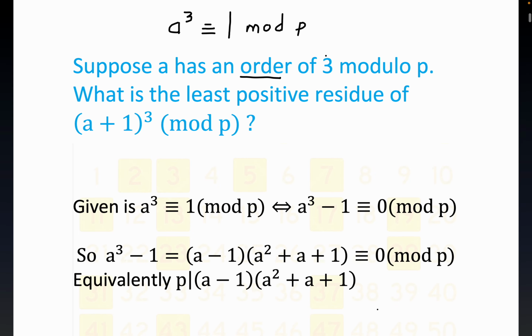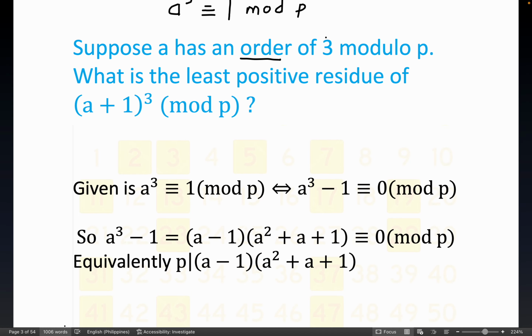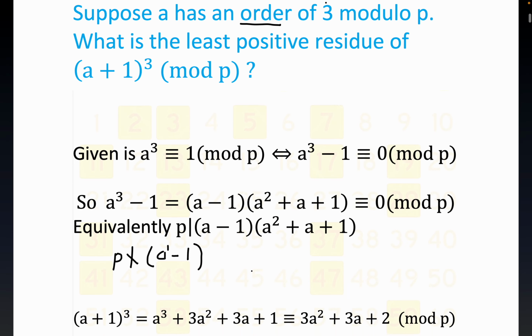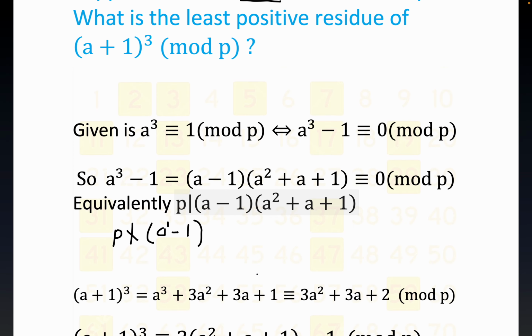Now what we can surmise very quickly here is that p does not divide a minus 1. And we know that because think of this as a to the first, right? A to the first minus 1 can't be congruent to 0. All right. And so that means that the only possibility that we can have right here is p divides a squared plus a plus 1,